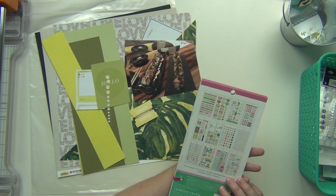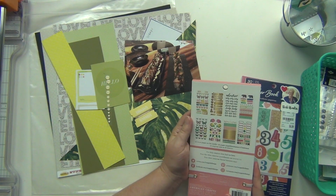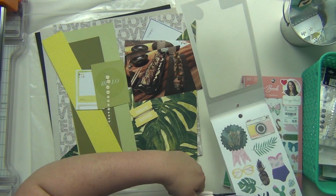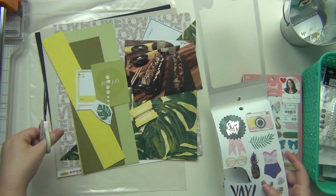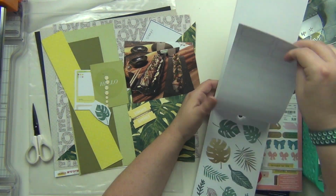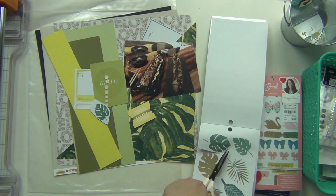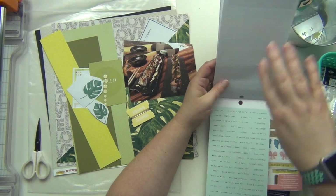And I'm going to go through my sticker books here too because these are just so great. There's a ton of stickers in each one, and you can really use a lot. It's a lot of bang for your buck on these here. So I found these leaves, which are perfect because they echo the leaves in the paper. So I'm going to cut out a couple of these to use on the layout, just around my pictures and stuff. So I'm going to cut those out